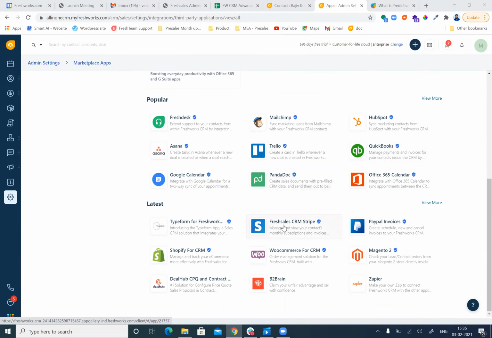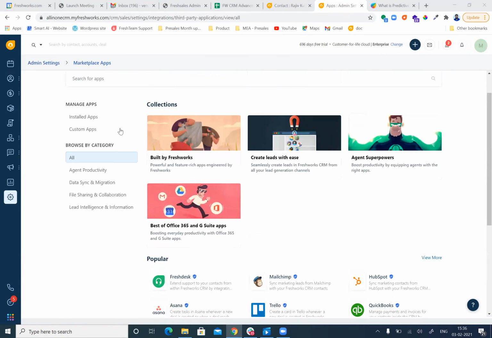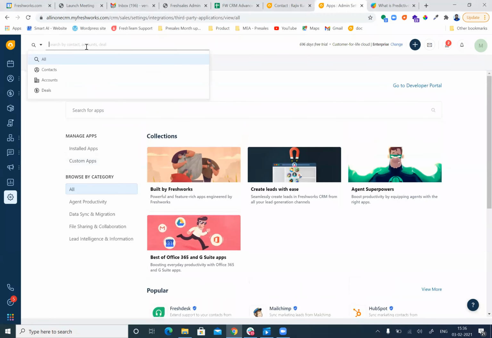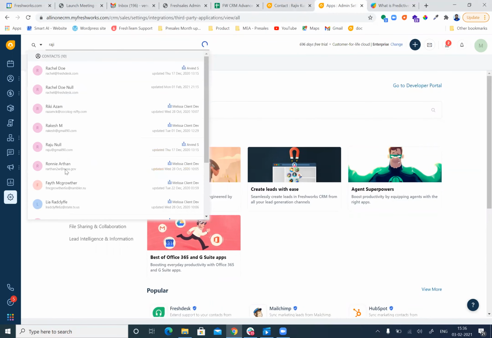Here you can see the accounting tools, QuickBooks is there, the Stripe payment gateway, the PayPal gateway, and others like CPQ quote generation and document tools like DealHub and PandaDoc. So these are the third-party applications you can integrate easily. I can also show you one example of QuickBooks integration with Freshworks CRM.